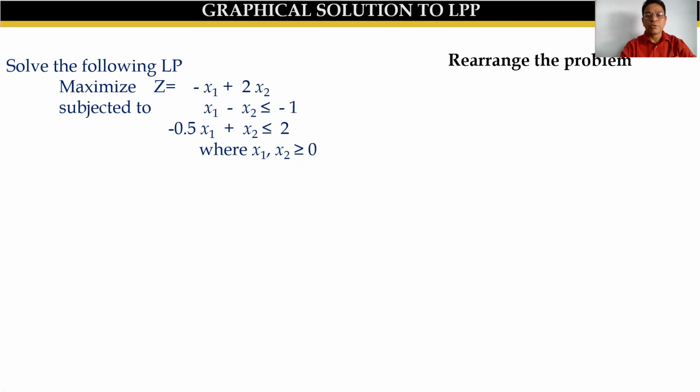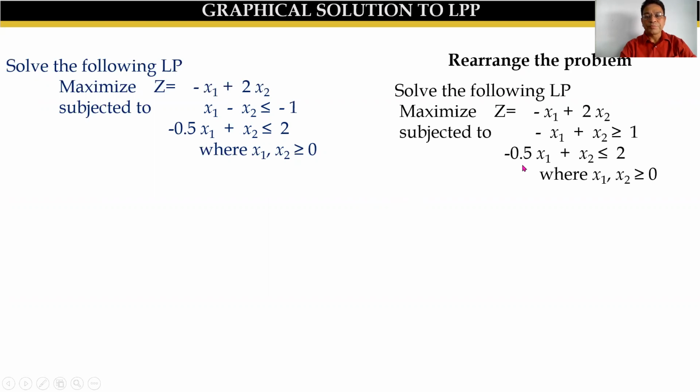Now, our first step here would be to rearrange the problem. Why would we rearrange the problem? Because we can see the first constraint is x1 minus x2 is less than or equal to -1, which says that the right hand side value is negative. But the right hand side value should not be negative. That's why